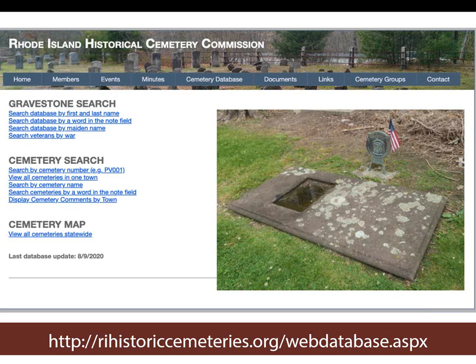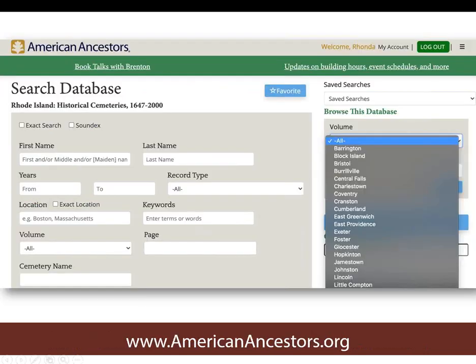Or, if you're looking for maiden names or if it's a veteran in a war, etc. So this can be a good one. They've got great cemetery maps, etc. As I mentioned, on American Ancestors, you can browse based on locality, in this case, town. You can just pull down the list and it's alphabetically arranged by town, and you can click a town, and